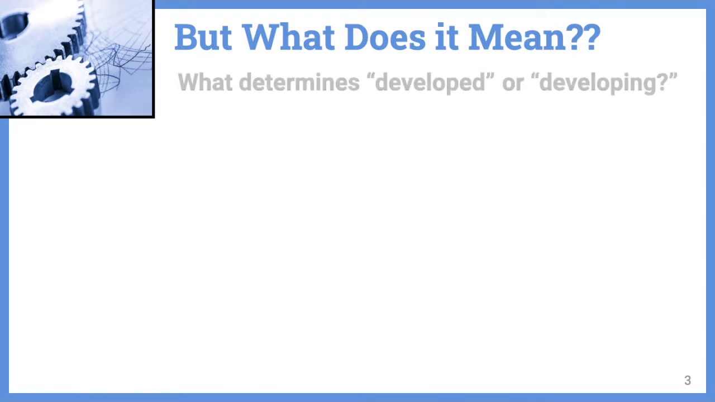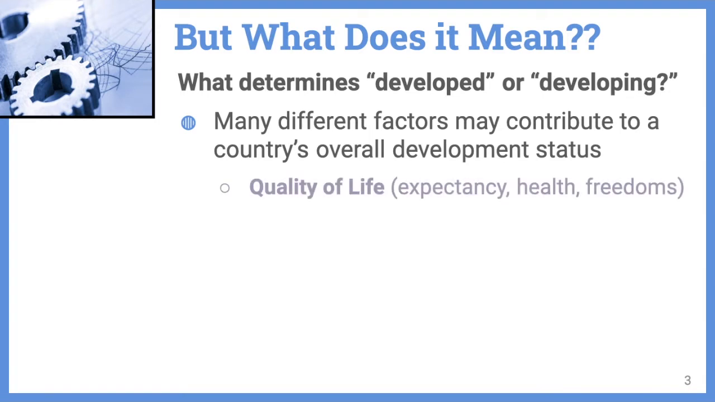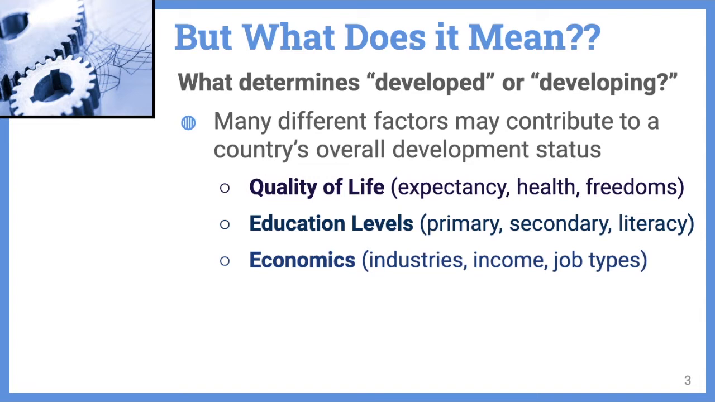First, though, what does development really mean? When we say a country is developed or developing or underdeveloped, what are we referring to? And the fact is, there are really many different factors. We're not referring to just one thing. We might be referring to quality of life in that country, things like life expectancy or access to healthcare. It might be educational levels, the number of people who achieve a primary or secondary education, or literacy rates. We might be referring to economic indicators like average income or the types of jobs that people typically have in